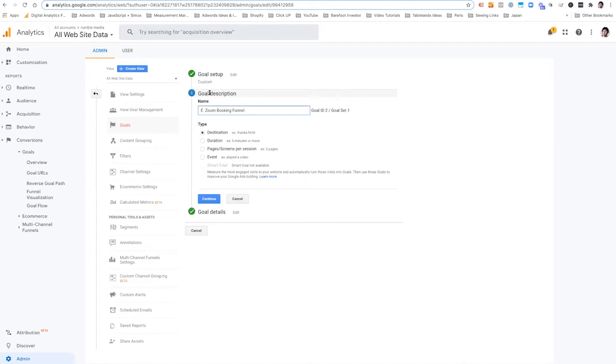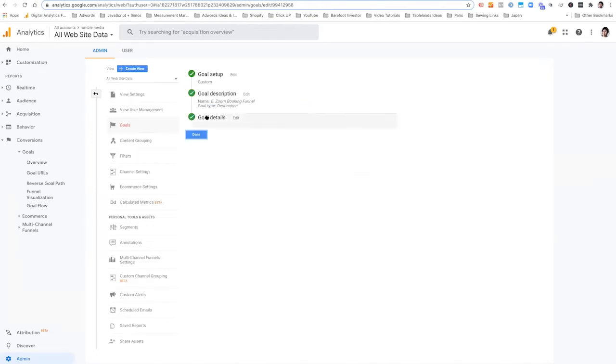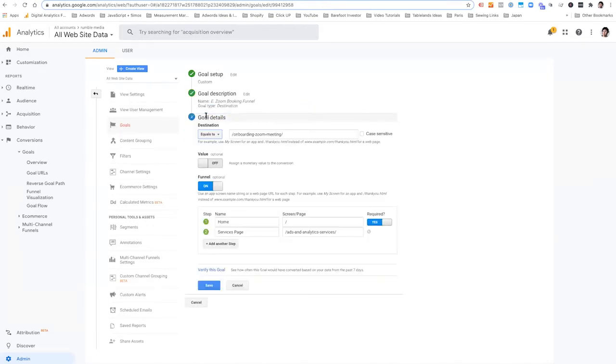So it's a funnel. It's not a destination goal that they've made a booking. It's about, this is the level of engagement I want to track. And then destination goals are called destination goals because that's the type we're using. So then you click continue and you build out your funnel goal.